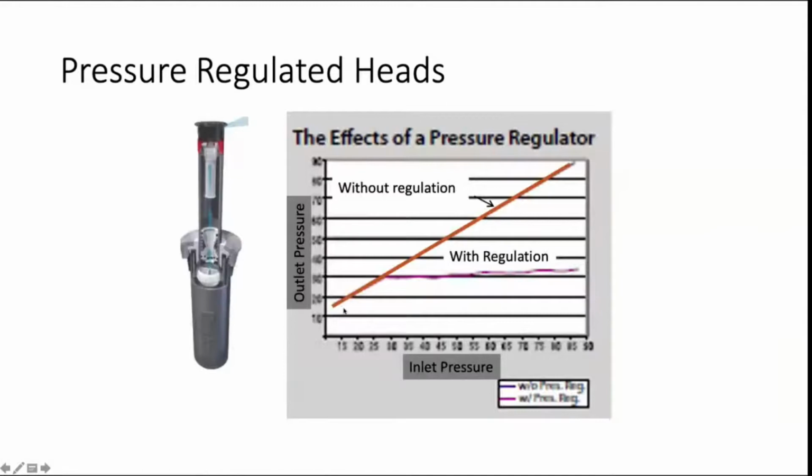Essentially, usually if you have an inlet pressure in the body, the outlet pressure is going to increase with what's coming in, because it's just going through this mechanism and out. And you're going to get the pressure at the outlet and a commensurate flow increase and spray breakup, which you don't want with a normal head. But if we regulate,